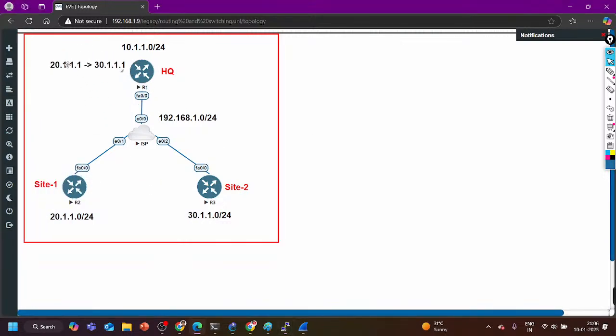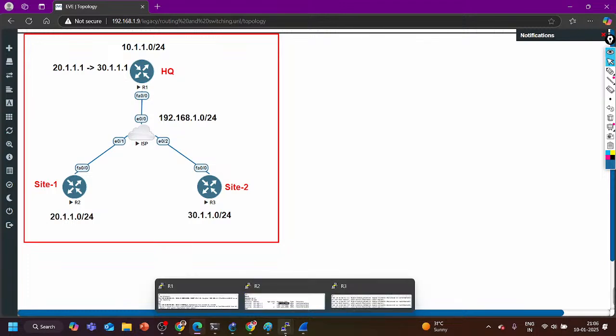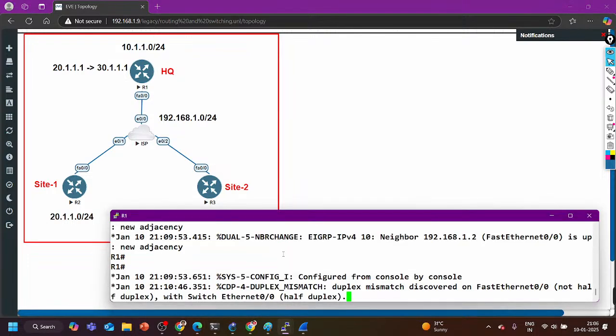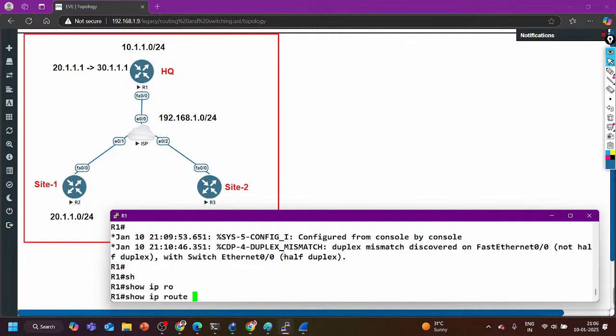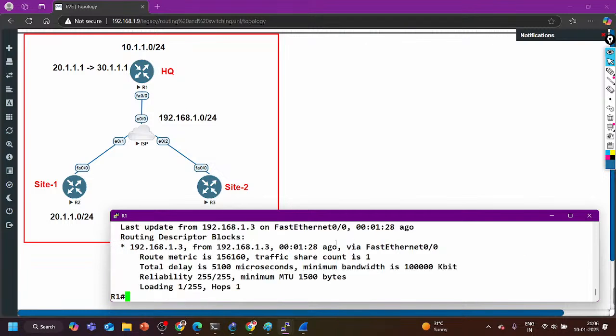When router 1 receives it, again router 1 will compare the destination with the routing table. So, show IP route 30.1.1. It gets to know that the exit interface is 0/0 and